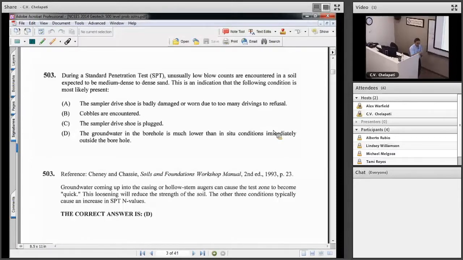And sometimes that pressure is acting up and it can cause your material to essentially liquefy. It will come loose. So you would get low blow counts. And that's one problem in using the standard penetration test and getting reliable values below groundwater. That's why most people would say the best method really would be to use mud rotary drilling, because with mud rotary you have the hole that's filled with drilling mud, and that essentially maintains the integrity of the sample, that you don't get the blowout because of the differences in the